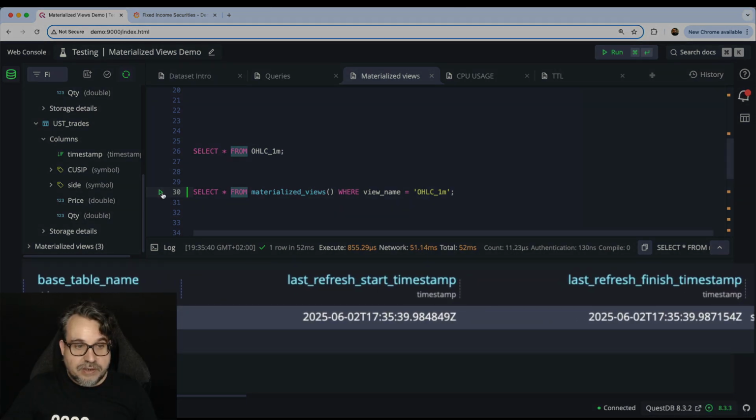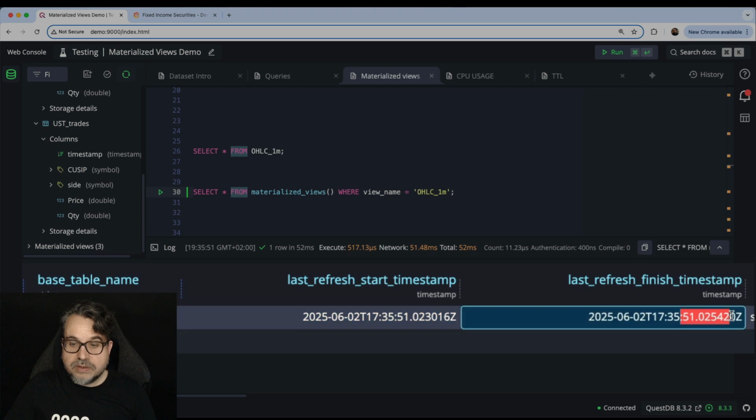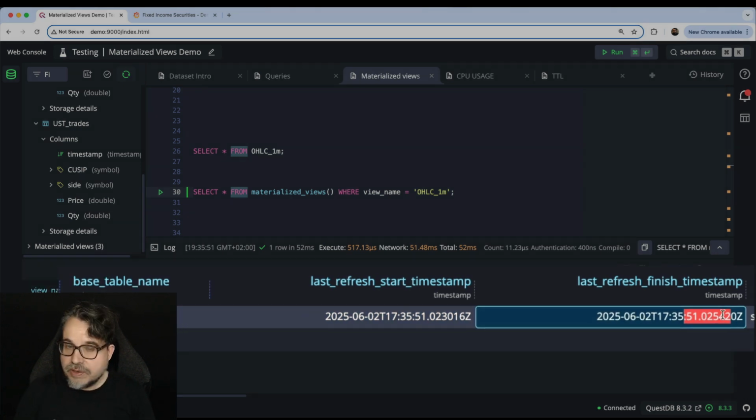So if you check here, every time I click on select, I can see the last refresh of the query has incremented. But if you notice, the time between the start of the refresh and the end of the refresh is actually in the same second. It's just milliseconds or even microseconds apart in some cases.